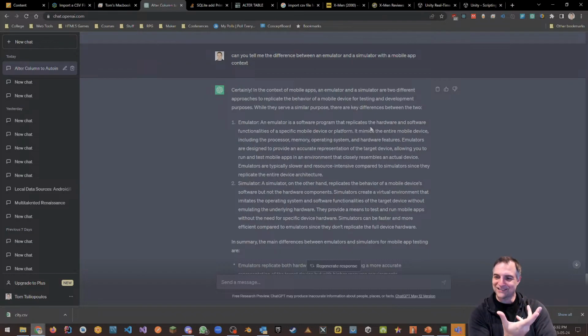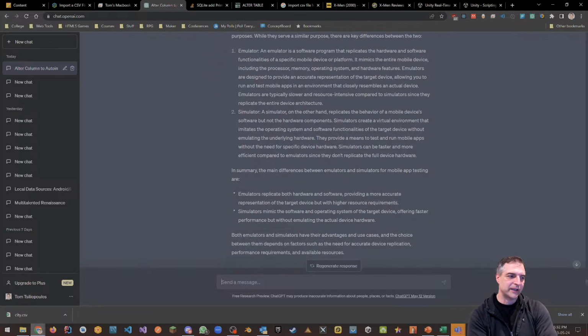Which means if you want to access the camera, it doesn't do that kind of stuff. Simulators are faster and more efficient compared to emulators because emulators take up more memory, and it's an actual VM. It's an actual device. It is the phone in many ways, right? And the downside, though, is that